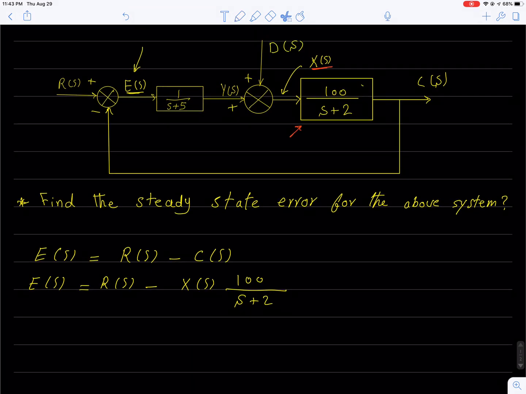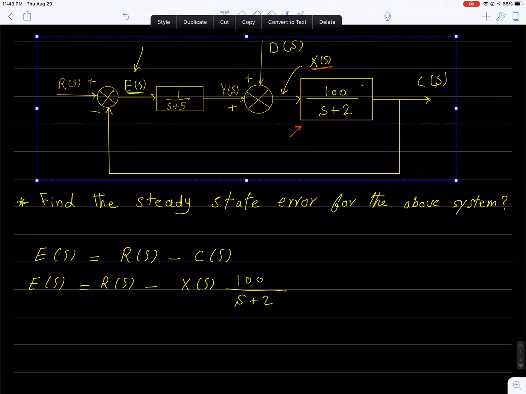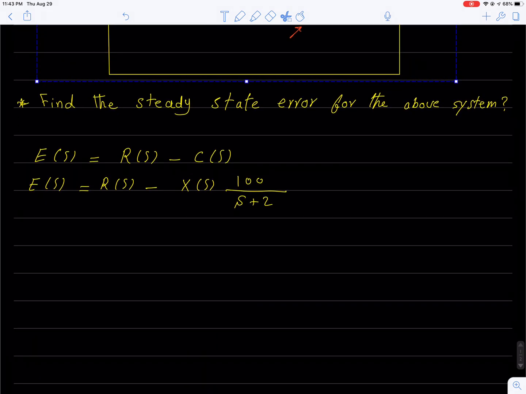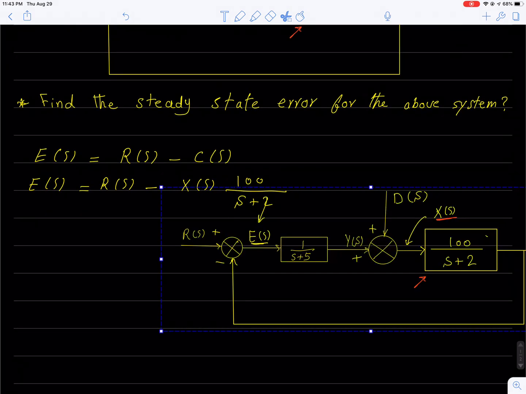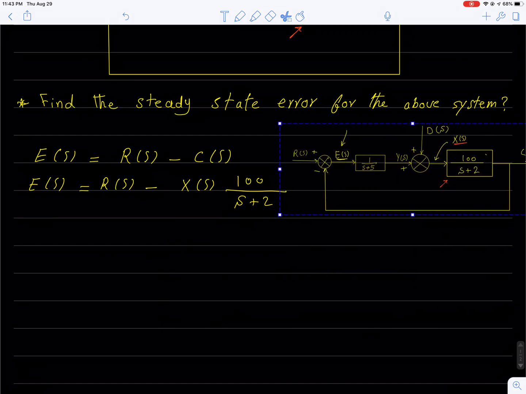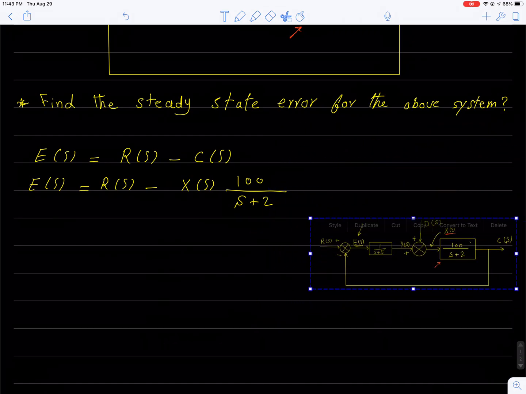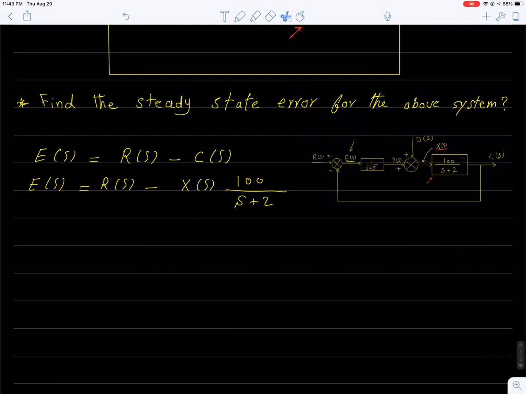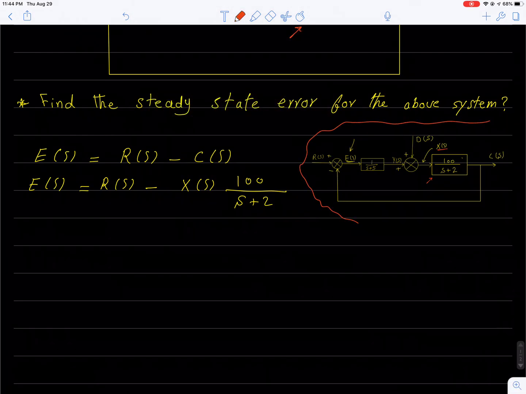Now let me take a copy of this figure and paste it down here so that we have a copy of the system when we scroll down. I'm gonna put it right here somewhere, okay? And let's separate it from the rest of the question. I'm gonna put a line like this. Alright, so E of S is equal to R of S